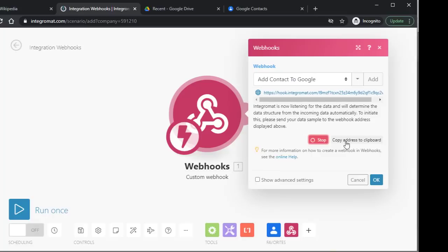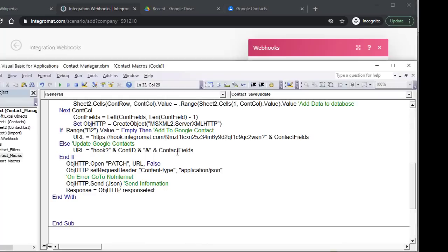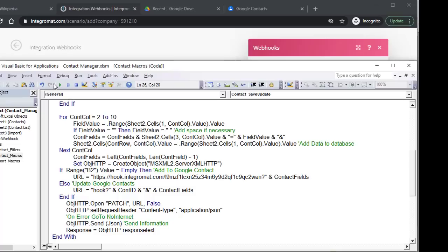Let's click on here. It's going to wait. It's listening for this. So we're going to take this hook. Remember, this hook is going to end in 2WAN. So make sure that's the correct hook. If you have multiple hooks, make sure you've got the right one. So 2WAN is correct. Now what I'm going to do is run this code and see if